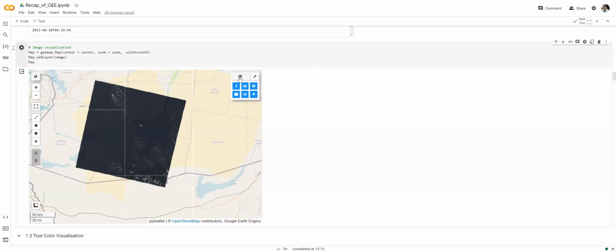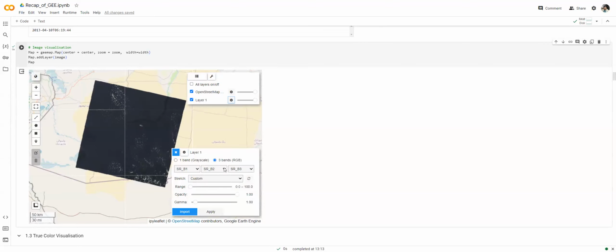So if you click setting, then there are these three stacks. Okay, so this layer 1 is the recently added layer. If you click on setting, from here you can change different band combinations. So currently it is taking band 1 as red, band 2 as green, and band 3 as blue, so it is red, green, and blue. It is a different combination. So if we change this, let's say band 4, band 3, and band 2, and if you click on apply,